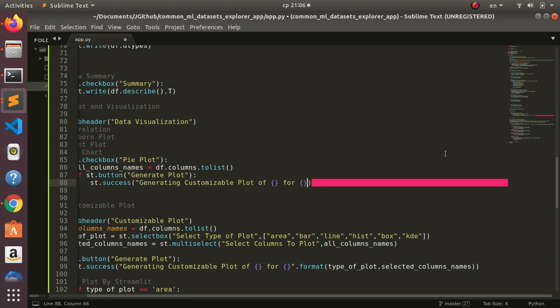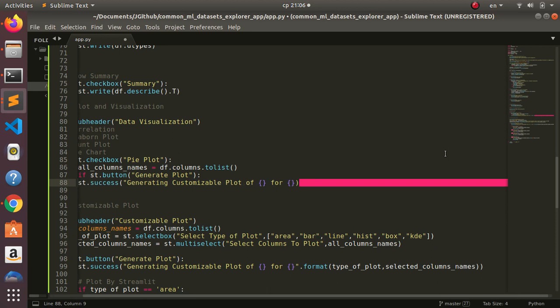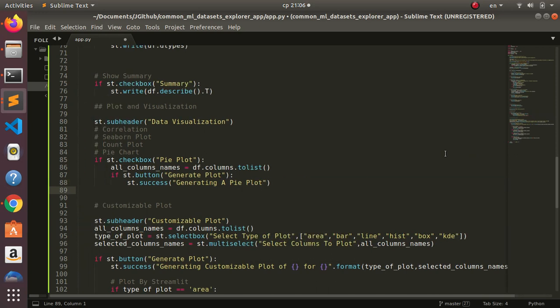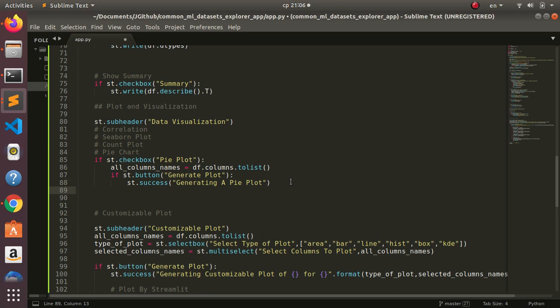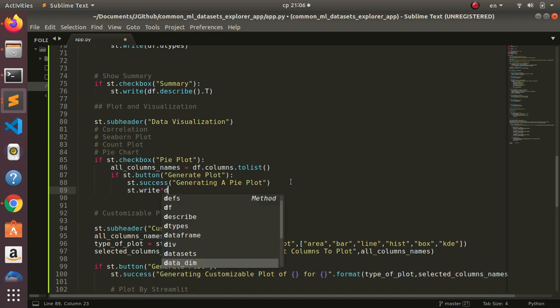We need to tell that you are generating a plot. Generating a pie plot, right? Generating a pie plot. Something very simple, right? That is the basic idea behind it. Now, let's see what we'll be doing. So we can just do st.write. Then we can just go with